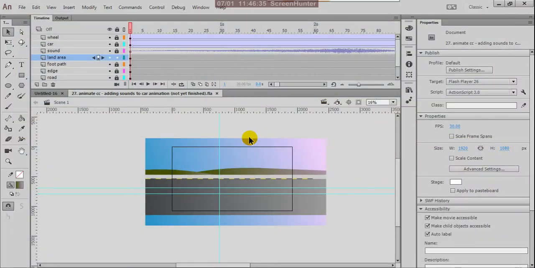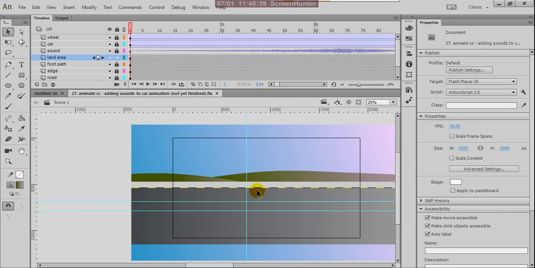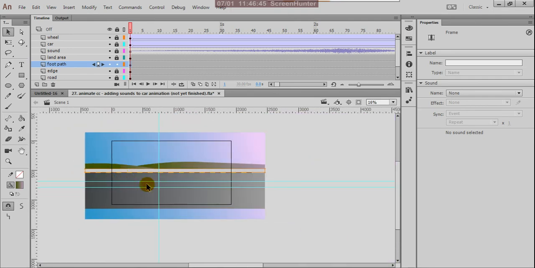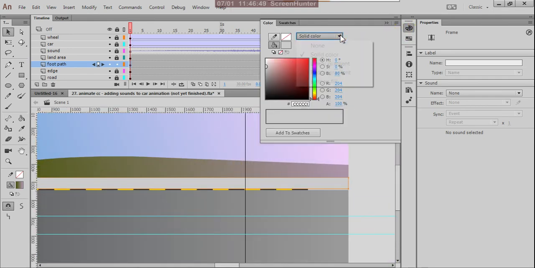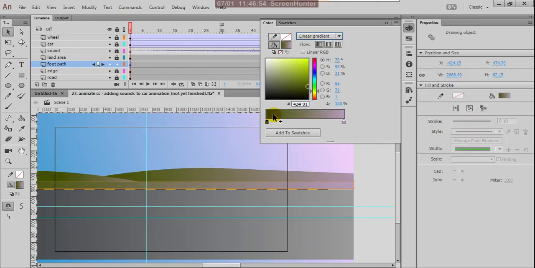Excellent. Okay. But for the footpath, here also it is not very flashy. So I can open that and change this color. Instead of solid, use linear. Okay, in linear, use this dark color.